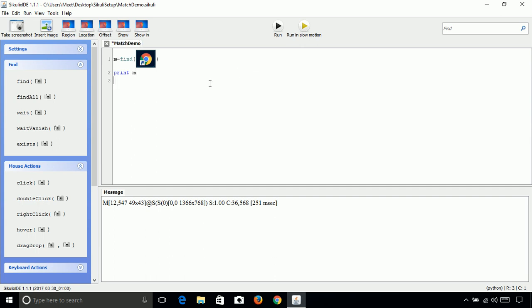Now there is another function, that is nothing but the find all. What find all is doing is, it will return an iterator object that can be used to fetch all the found matches as match objects one by one. A reference to the iterator is stored in the respective region and can be accessed using region dot get last matches. This can be used to iterate all the matches we found by this find all function.